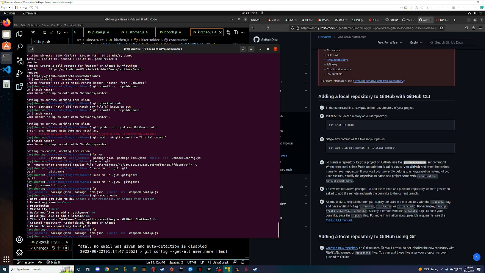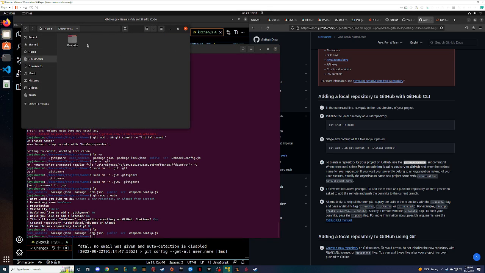What is it making that? I had to guess it's making it in home, and then in hidden files. I don't know how to view hidden files.